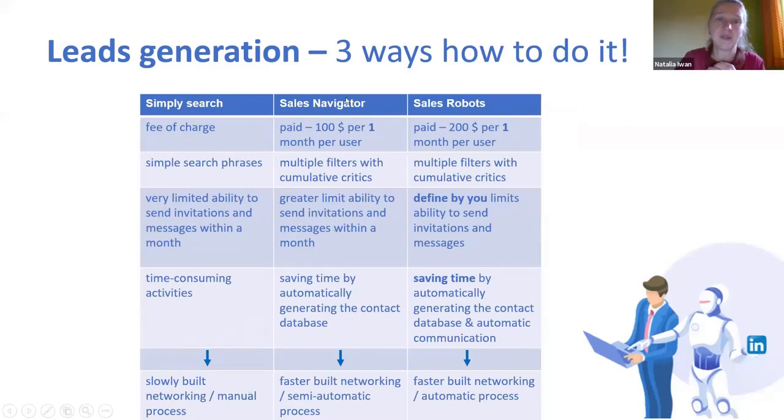Sales Navigator gives you a better tool to search by filters, saving time, because using the filters the database is generated semi-automatically, and you build your network faster because there are no limits